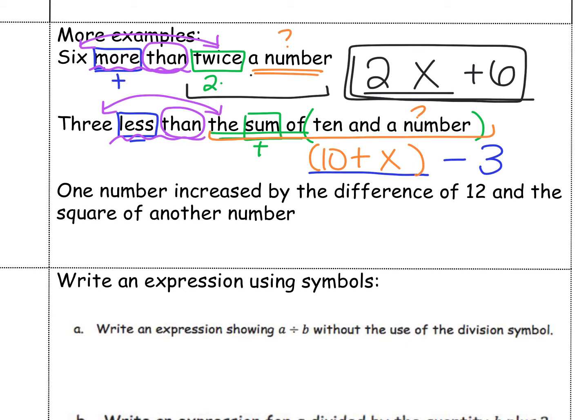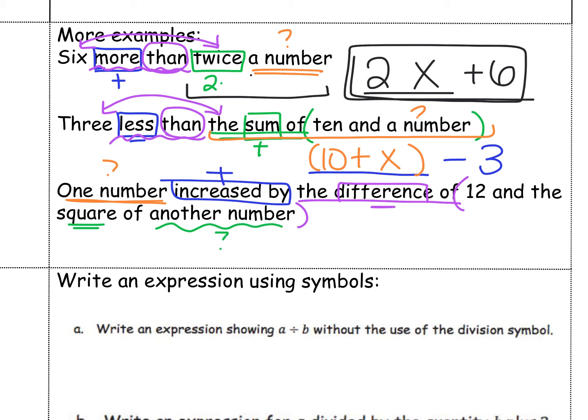And then lastly, one number. Now, I don't know what that number is, so we know it's a variable. Increased by, which is adding, the difference of. Because it's the difference of, difference is subtract, and we're going to put parentheses around everything else. And we're going to subtract 12, and the square means to a power of another number. This is another one I don't know, but it's not the same number necessarily. So that means I need 2 different letters. So my first number, that one number that I started with, we'll say it's x,